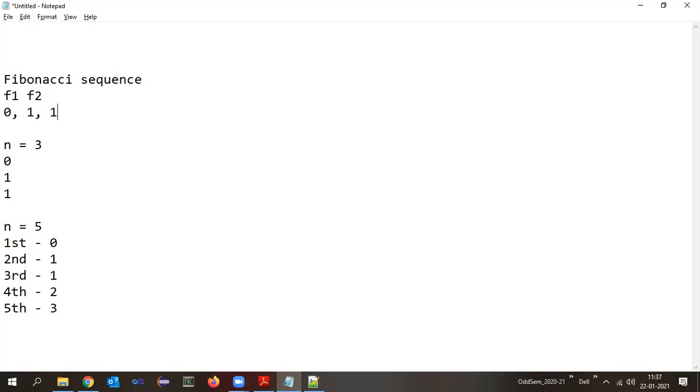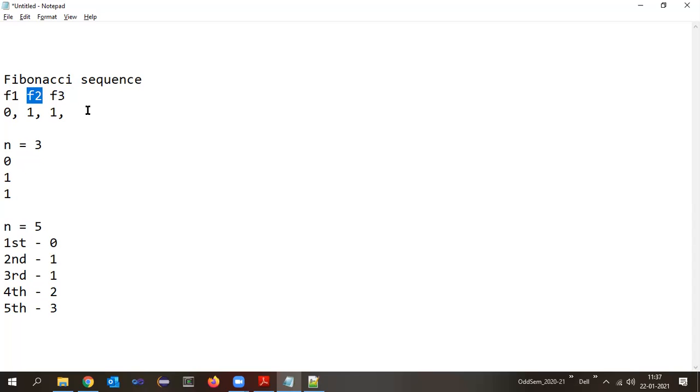This will become 1. Next time, what should be my f1? 1. What should be my f2? 1. But what are the corresponding variables for those? Where is this 1 stored? f2. Where is this 1 stored? f3. This is f3.